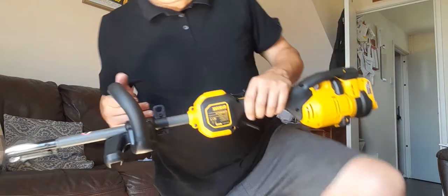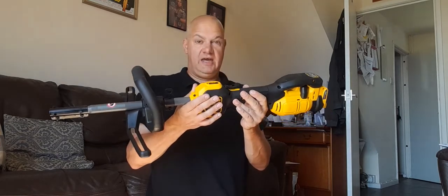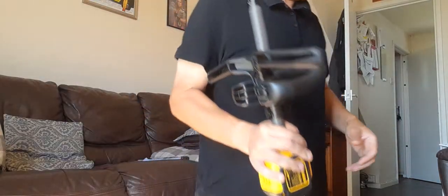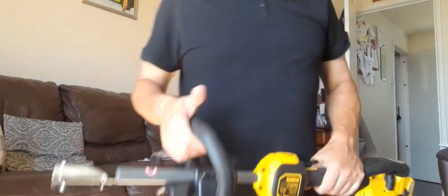And here she is in all her glory. And this is the split boom. That's what you get. This is a bare unit, if you like. You get the split boom, and you also get this harness. It's like a full harness. It's not mega good, but it's okay. It'll do if you want to use a harness on something like this. I don't know why you'd want to use a harness, but